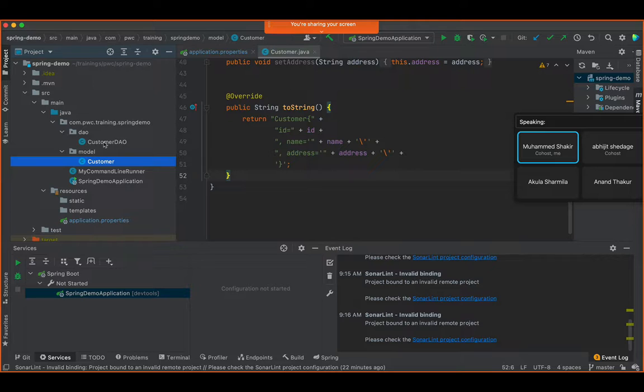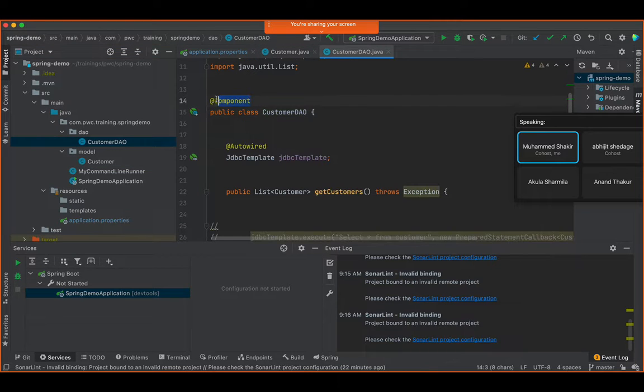Then we also have the DAO class created, but this DAO class was created as a component. You remember, I did spend a good amount of time explaining what these components are, what it really means by declaring a class as a component with an annotation. Because when you do this, your Spring framework understands that the Bean factory is supposed to create an instance of this class and place it in the container.